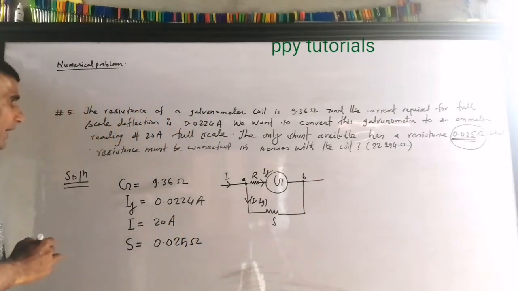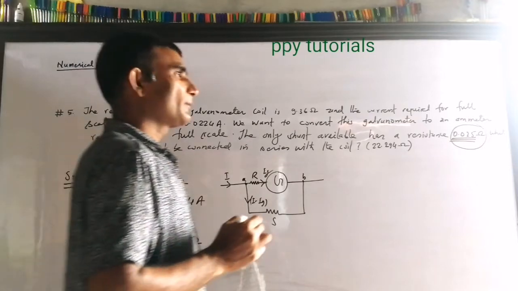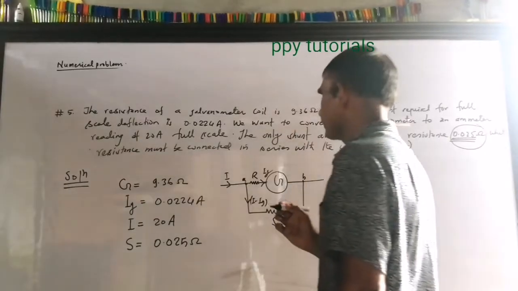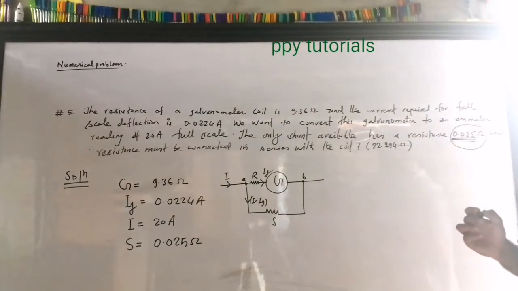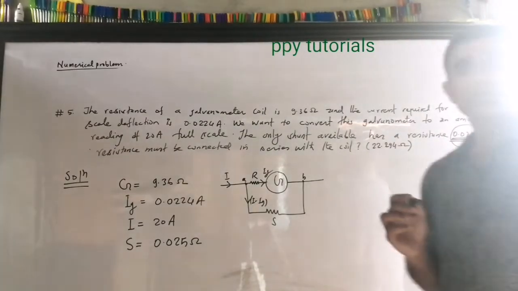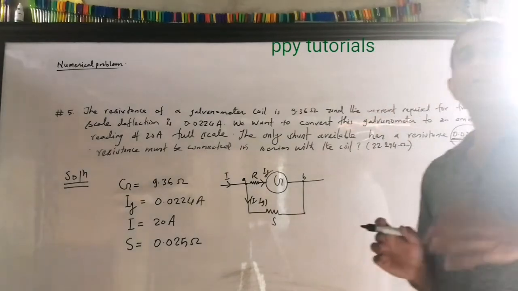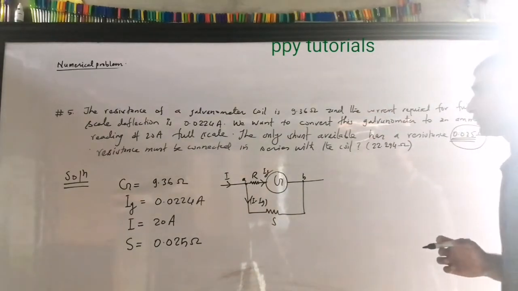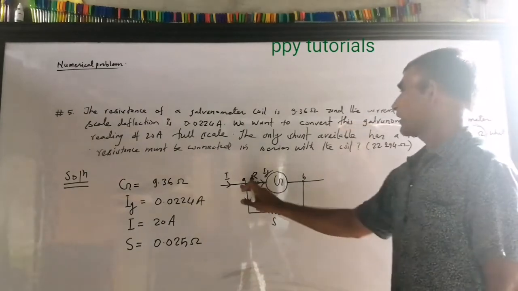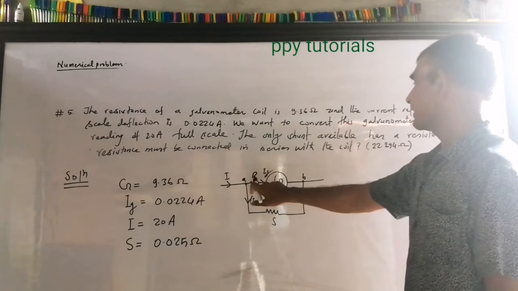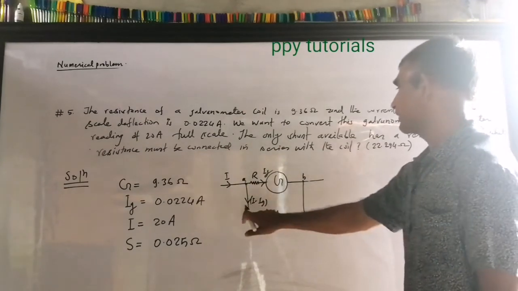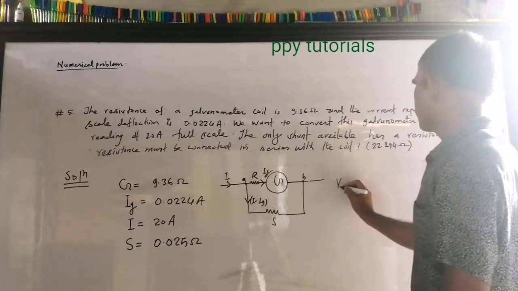So just knowing the formula is not enough. But if you know it, that's better, because many times in short questions and also in subjective questions you need the formula. I do not tell you not to remember the formula, but most of the questions we can do using concept also. Okay, and here also you see that the voltage across this resistance and galvanometer is the same as the voltage across the shunt.